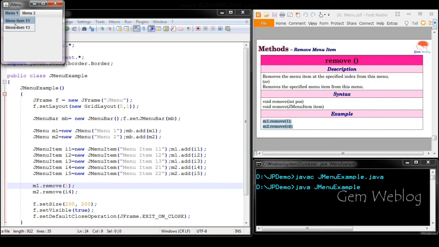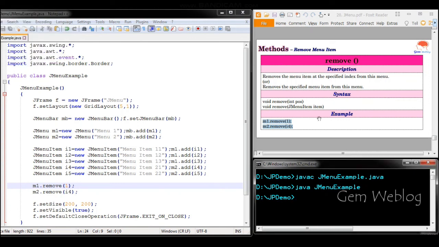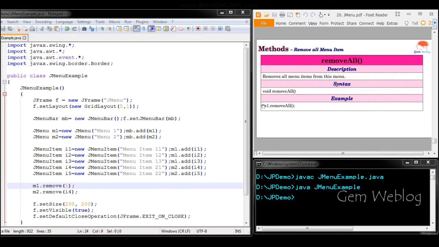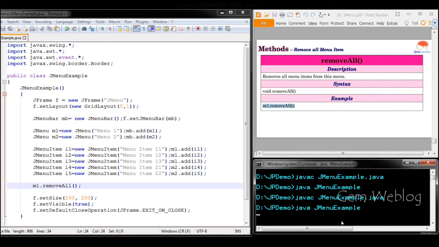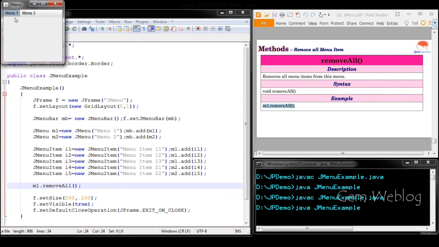Now you could see the menu item available at the first index has been removed, and the first menu item from the second menu has been removed. Now if you want to remove all the menu items, removeAll is used. Now we are going to remove all the menu items from the first menu. Now you could see all the menu items from the first menu have been removed.